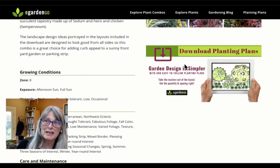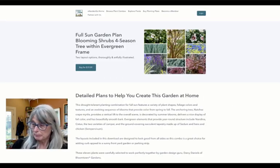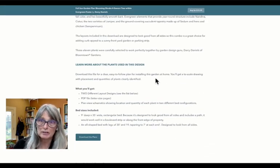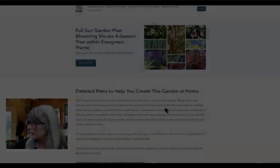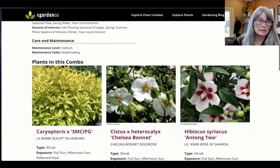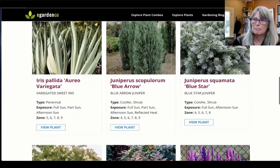As a reminder, this has a planting plan available for download. If you like this combination after this video, you can purchase it for a pretty nominal fee to get the full effect of it. It's comprised of 11 plants, and I'm going to show you a screenshot of